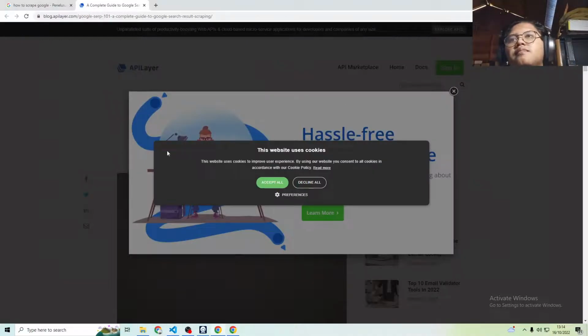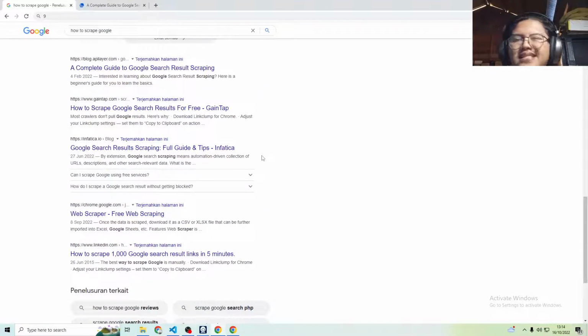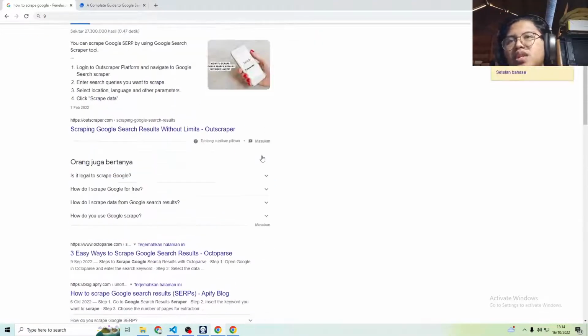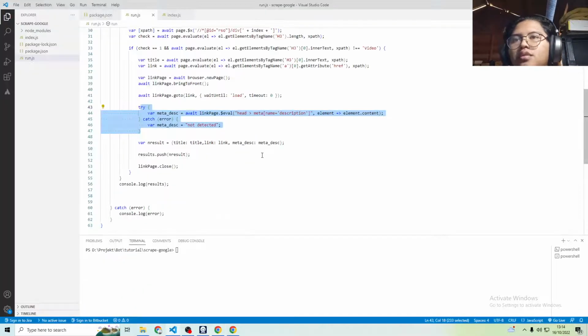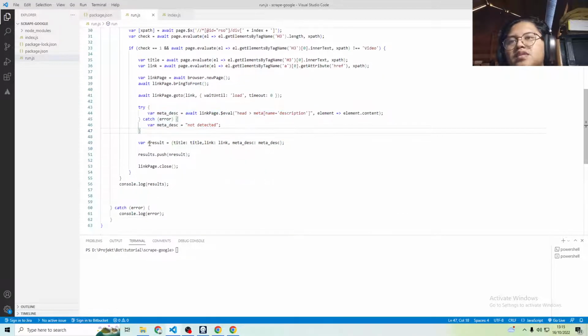But you might say, well, it's on the first page of Google results, there's got to be a meta description, right? Because without one it's probably impossible to get the first result on Google. But just in case it doesn't have a meta description and I don't want to throw an error because of it, I slap a basic try catch here,